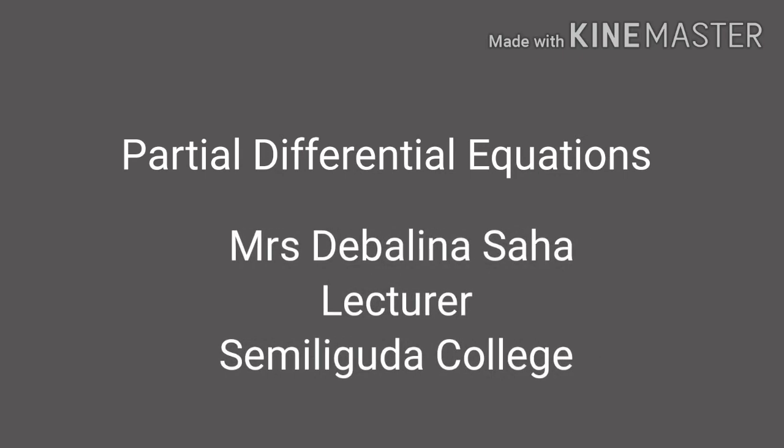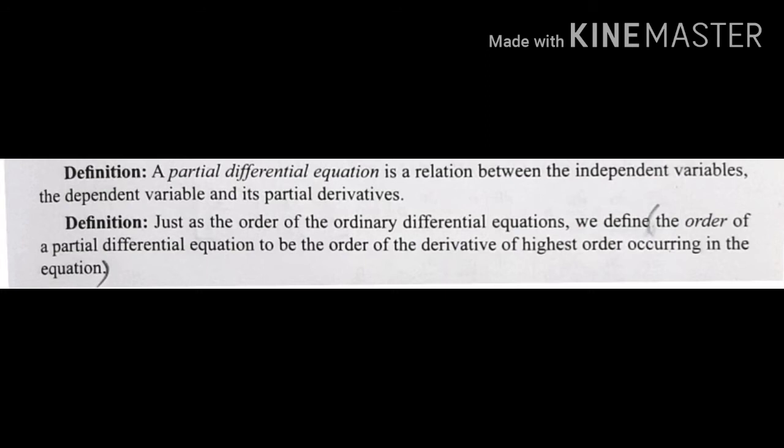Today we discuss partial differential equations of first order. First, the definition. A partial differential equation is a relation between the independent variables, the dependent variable and its partial derivatives. Now, the order of a partial differential equation is the order of the derivative of highest order occurring